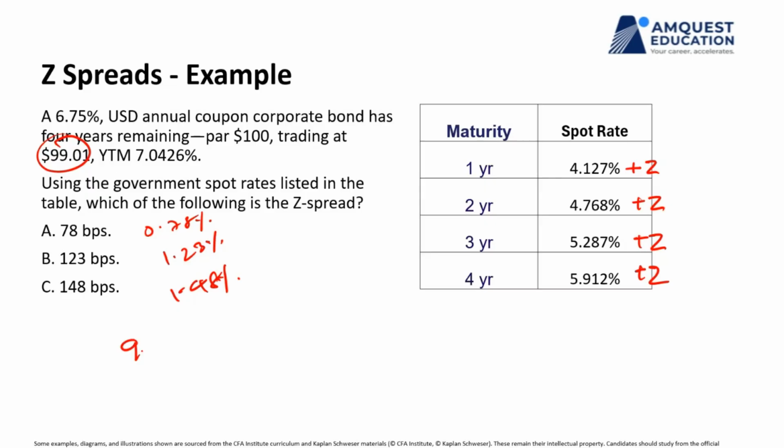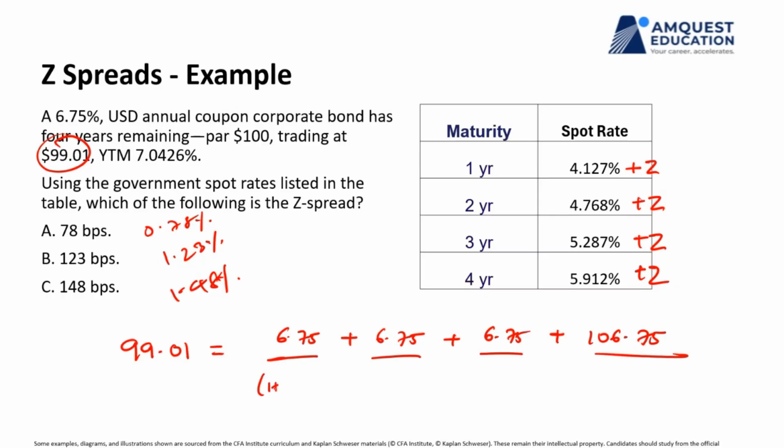You will write it like this. One side of the equation will be 99.01. The other side of the equation will be $6.75 of coupon. How many years? This is a 4-year remaining bond. 6.75, 6.75 and 106.75. And you are going to discount it